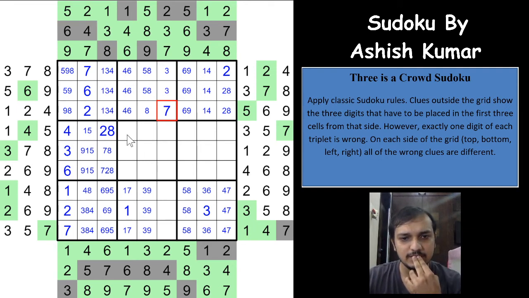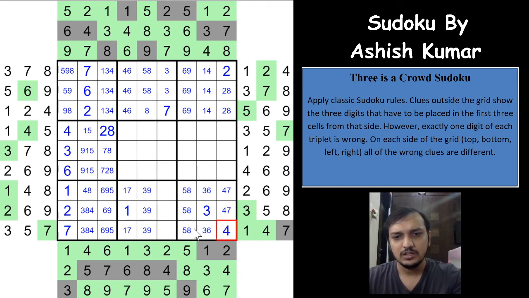And anything else here now? Out of 3 and 5 we are not sure of anything now. 1 and 4, so 4 has to be here, and because 1 cannot be here, 1 has to be here, right? Only other place for the 1 is this, which means both of these digits are locked as 5 and 8, right? So 5 and 8 are correct, and 5 and 8 have to be here, and the possibility here is 6 in both the cells.